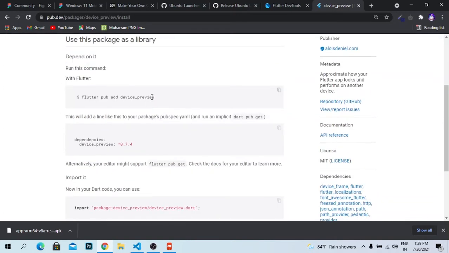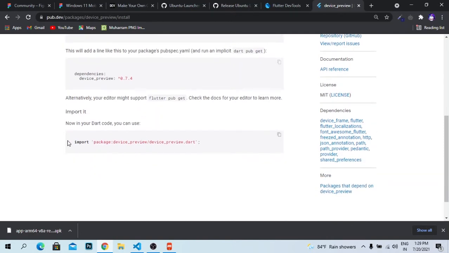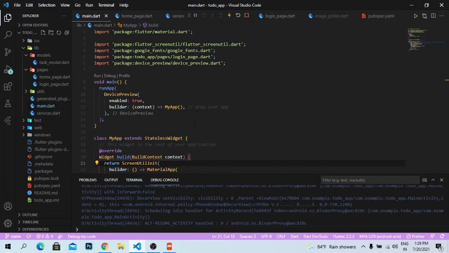So first of all, either you can run this command or simply you can add this in the pubspec.yaml file, and then you can do pub get. After that, you need to import this package in the main.dart file. And one thing you need to remember is to import the file here in the main.dart file, and you have to wrap your MyApp with the DevicePreview widget.